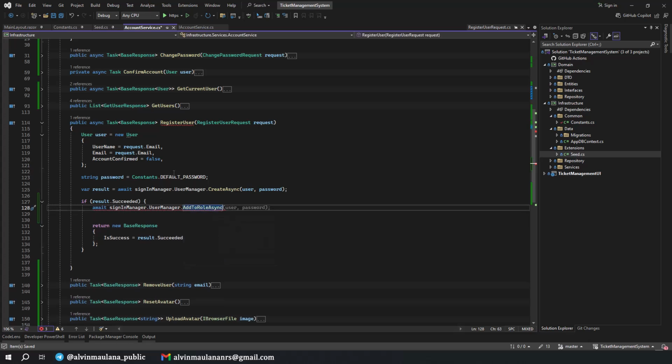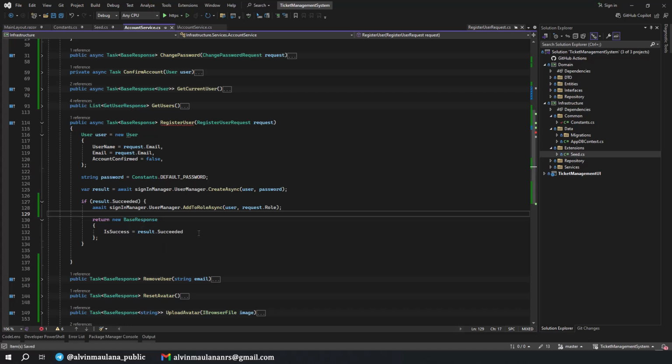The user comes from this one, user and not password. Add to role asynchronous should accept the role. Later we put the value of the role here, and by this it's simply adding the role into this created account, and we just return it as success.